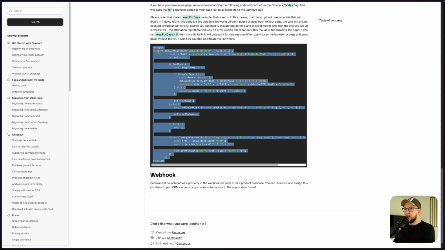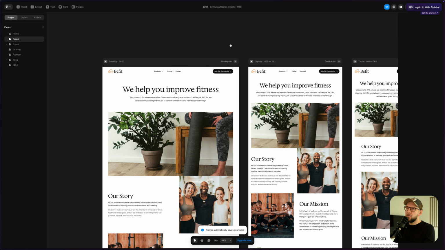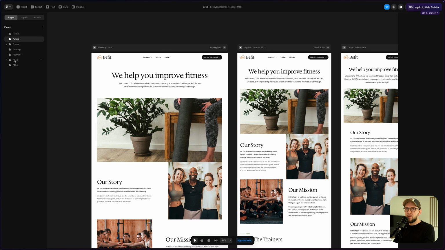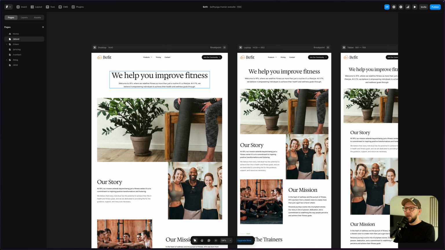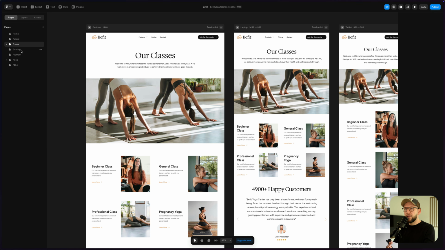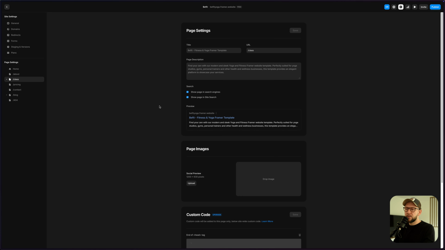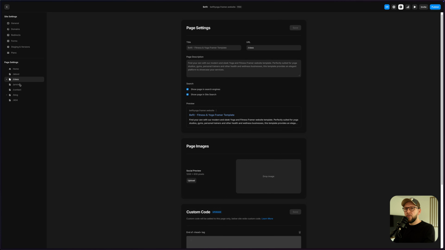So what you do is basically copy the script. You go back to your website, for example, Wix or Webflow or Framer, like I have here. And the important thing about this is the distinction between pages that I have here. Recently, we put some custom code on the page, but now we want to put it on the entire website. So if you go to the settings, either in Webflow or here in Framer, you can add the code